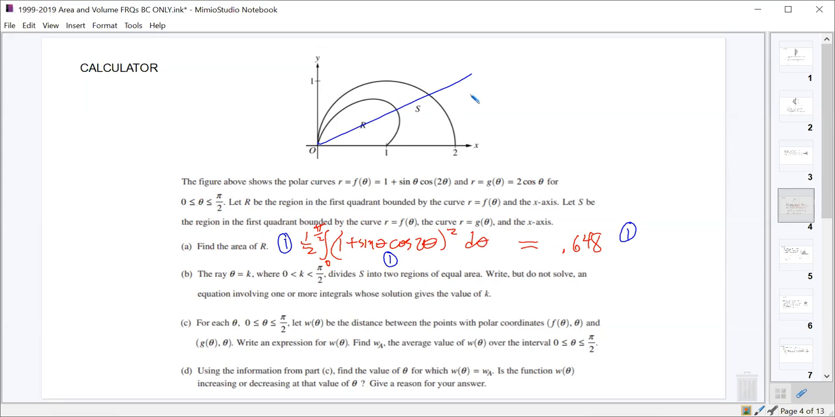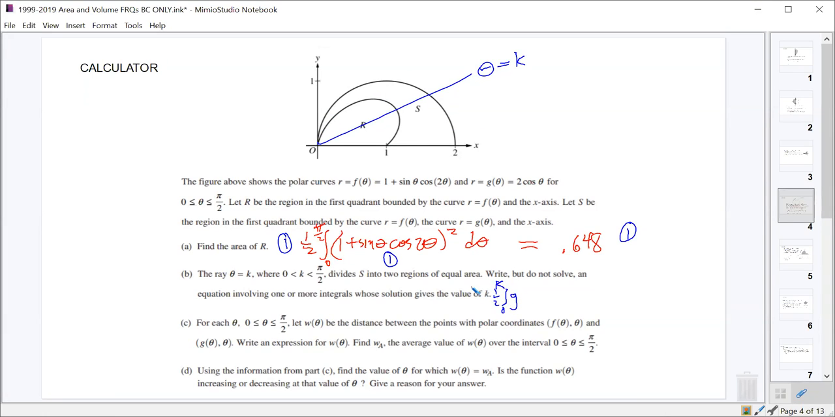The integral that we need to do is just going to go from 0 to k, and then we'll do another one from k to pi over 2. And then what is the r value that we want to use for this region that's between the 2 of them? We need to take the outer function and subtract the inner function. So we're going to do region S comes from g minus f. So we do 0 to k,